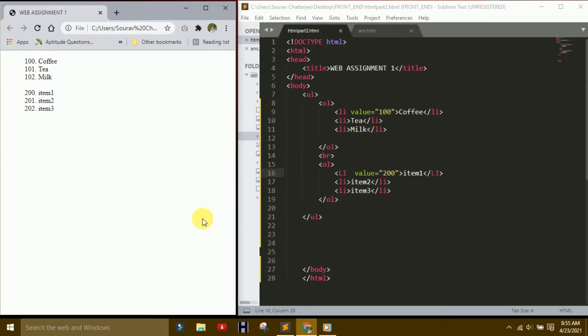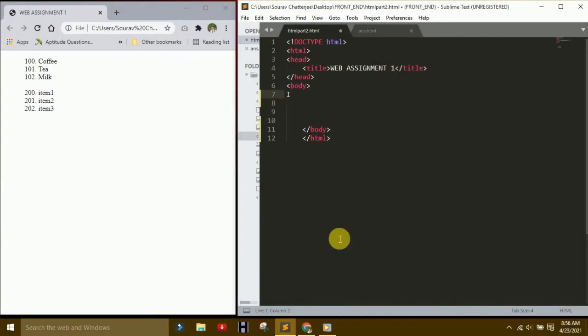So when you make any HTML web page, you understand how to use it. When I make a web design, then you understand the need for this. So I think till now you understand what is a list, what is an unordered list, what is an ordered list, and what is a list item. Okay, so now I go to the next tag and tell you what is input.